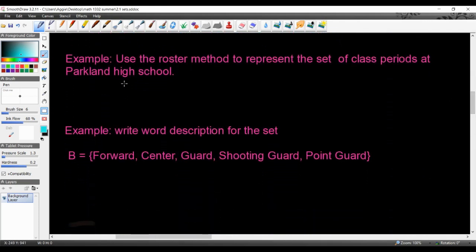It says use the roster method to represent the set of class periods at Parkland High School. So we're assuming a normal schedule, so eight class periods. So we would again start with our curly brace. We have first period. You can even do it this way if you want. First period. We have second period. We have third,